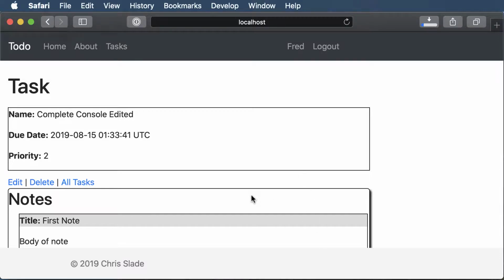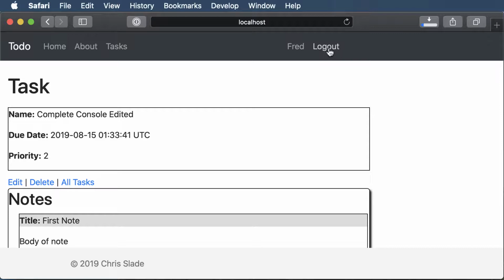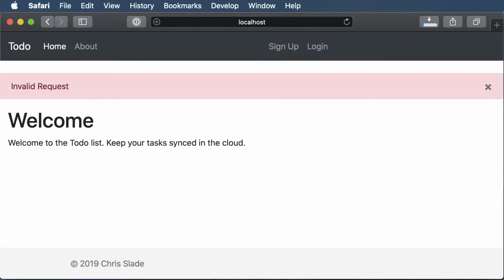So I want to show you how you can add a nice little feature to our user authentication system. Fred is logged in, and you can see that he is viewing one of his tasks right here. So I'm going to copy the URL and log out Fred. And if he goes back, say he can bookmark the URL, or he could go back in his